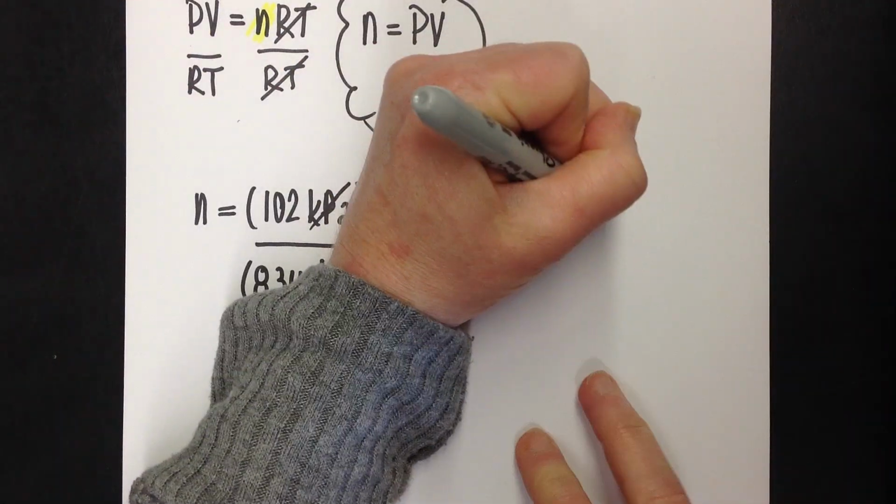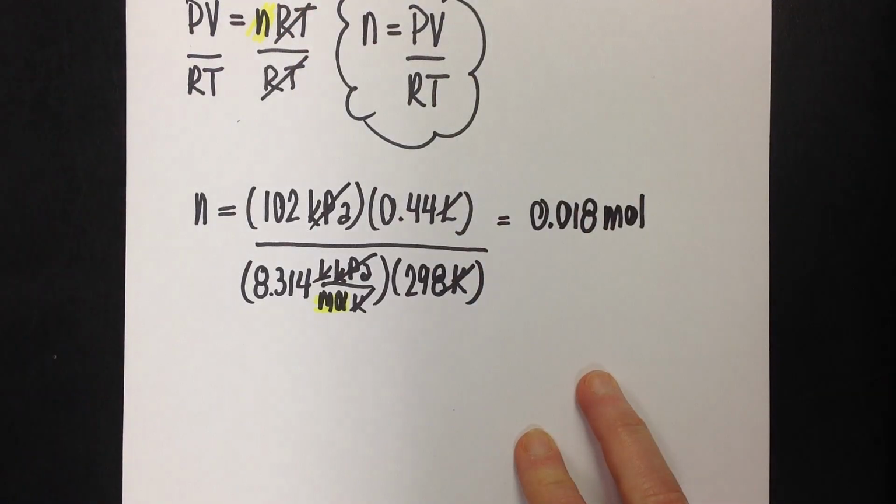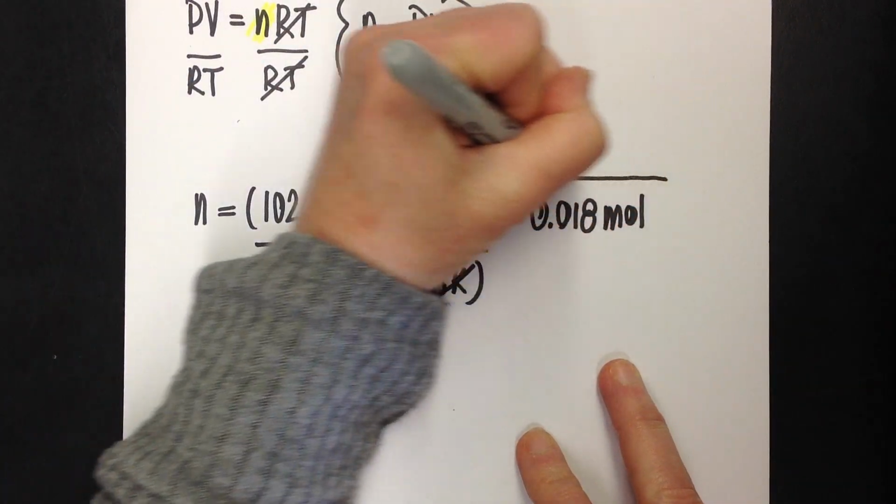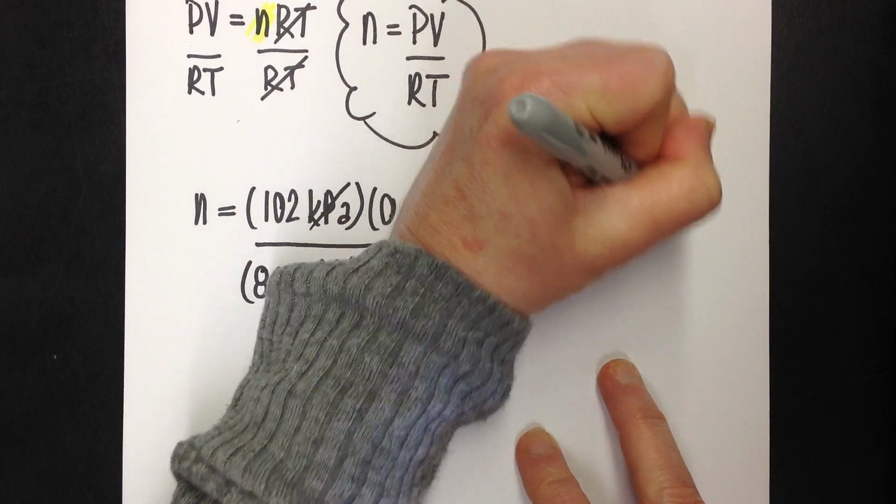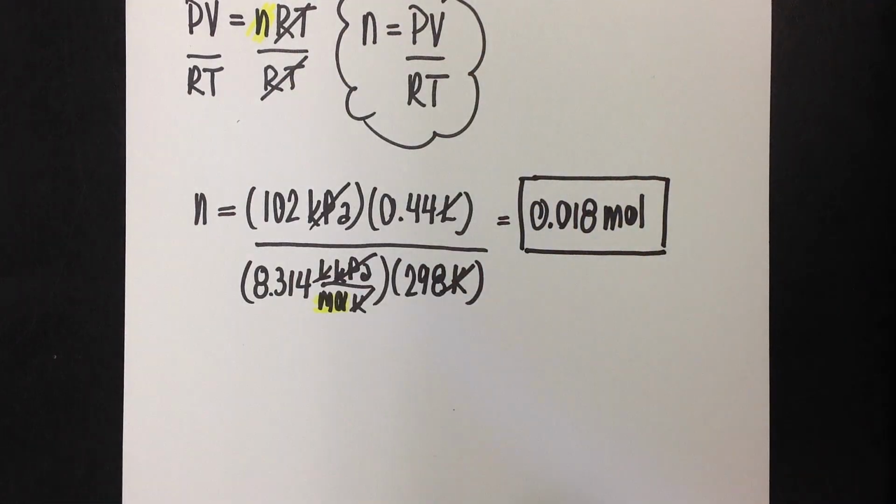0.018 moles. Now, they didn't tell us what the gas was. If they would have, I would have put it down, but they just said a gas, so we're okay leaving our answer like this in this case. And there's your answer. So one note that I would probably make on this example so that you have it